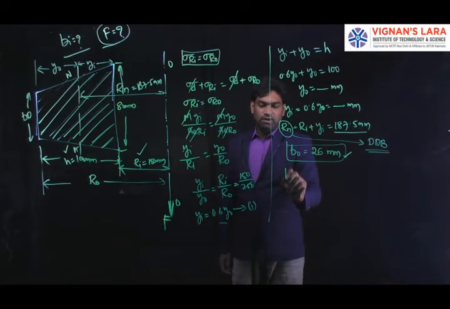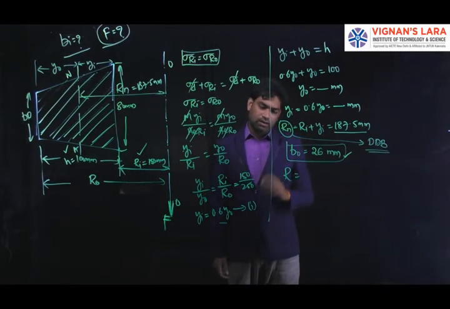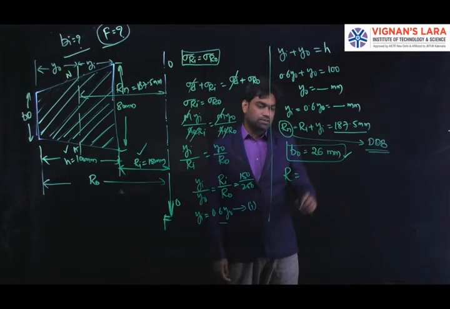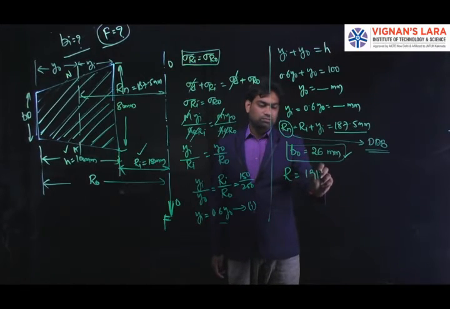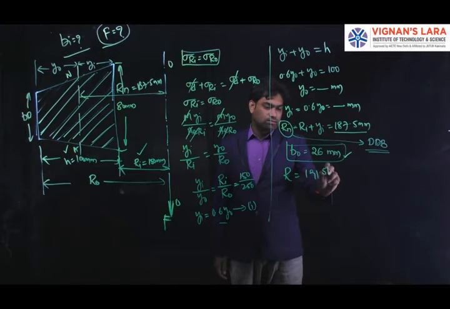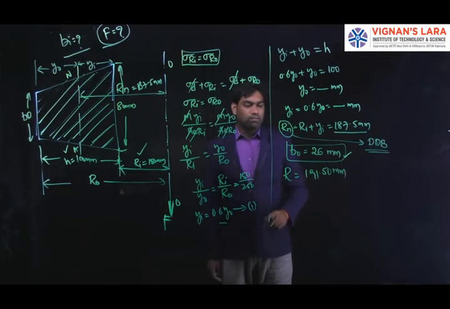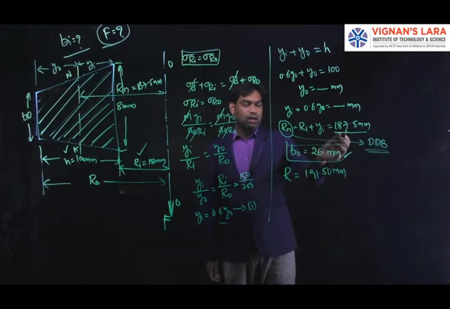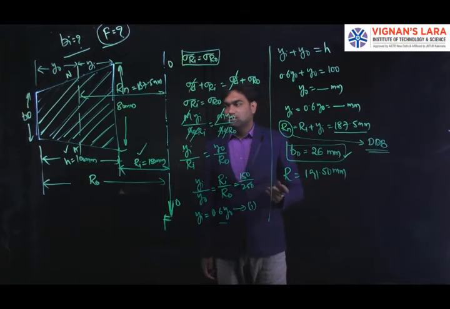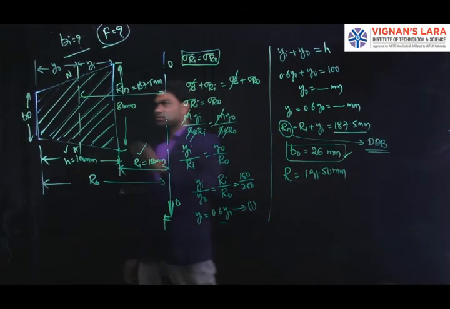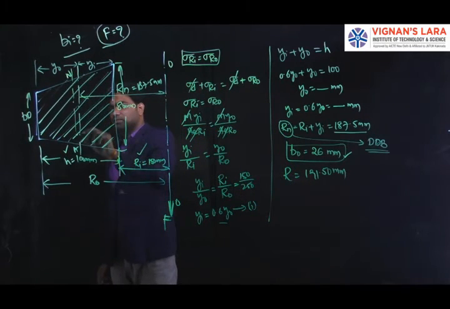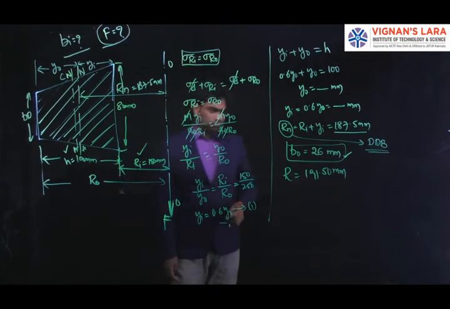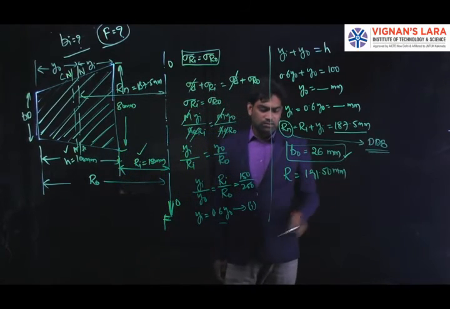Then you can find out the value of the radius of curvature, and again you can take the equation from the design data book. So you can find out the value of r. You may get 191.550 mm. So the value of r is greater than Rn, so technically I can check the equation, and logically it may be correct. It is a central axis and this may be a neutral axis, so I'm anticipating it is a correct answer.